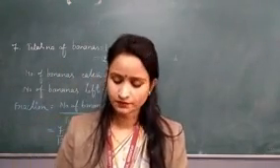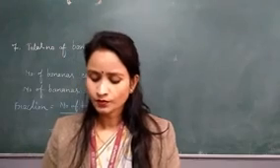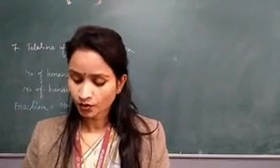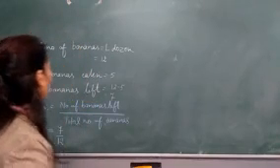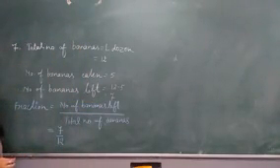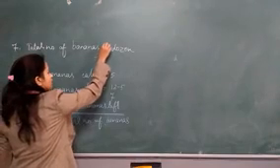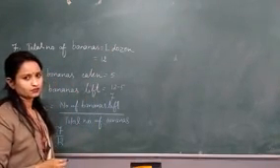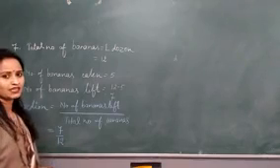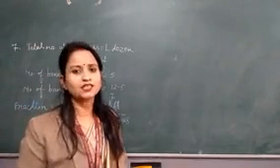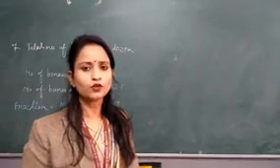The next question is 7. I bought 1 dozen bananas and ate 5 of them. What fraction of the total number of bananas was there? Okay. What is given? Total number of bananas is equal to 1 dozen. 1 dozen is equal to 12 pieces. Okay. Number of bananas eaten, that is 5. It is given in the question. Now we have to find out the fraction of the total number of bananas that was there.